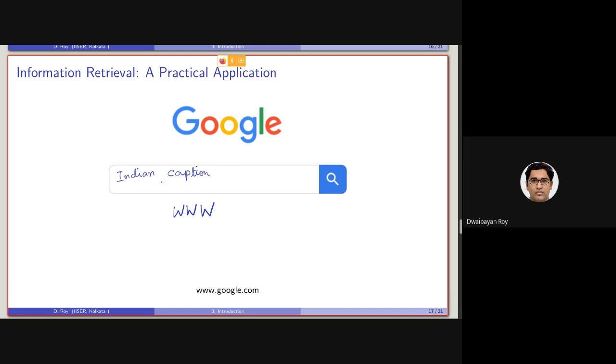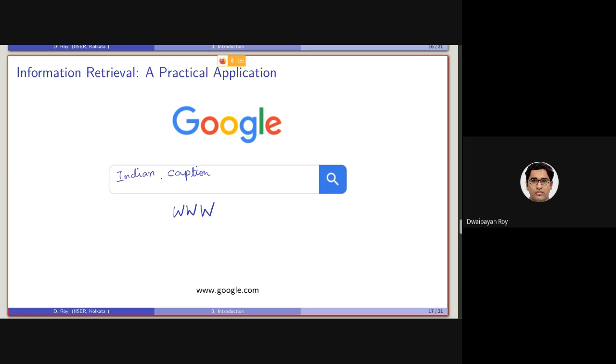Now, can someone say what was the information need from which I have generated this query? The information need can be, I want to know the captain of the Indian cricket team.